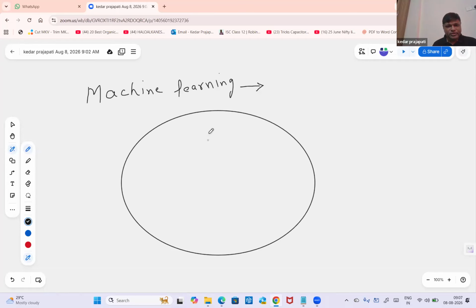So I'm drawing the circle and trying to make you understand what happens. So first we'll see how it works. Okay? So this entire canvas, big part. Okay? Big part is